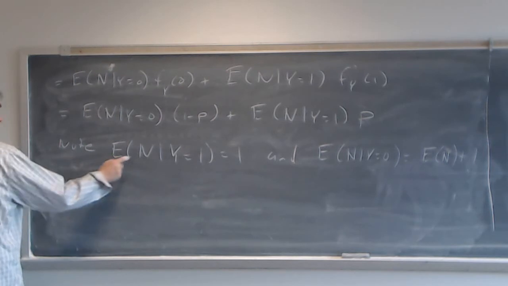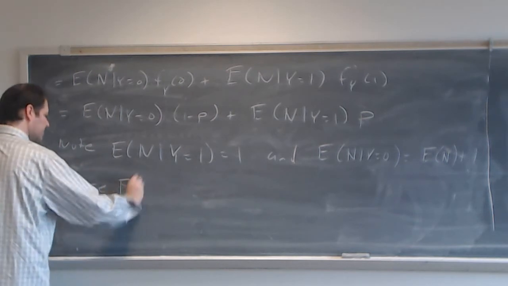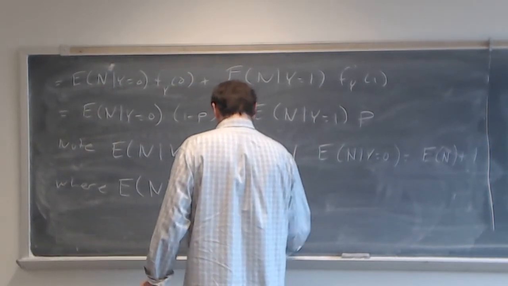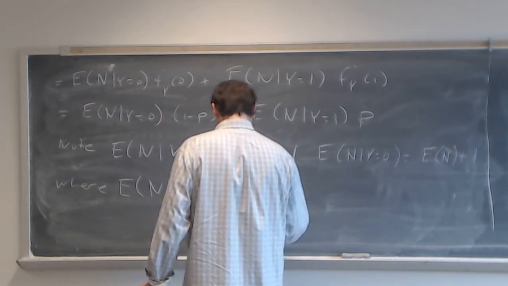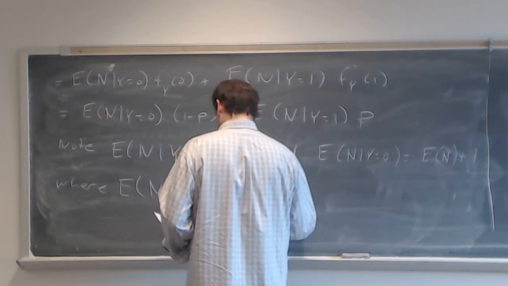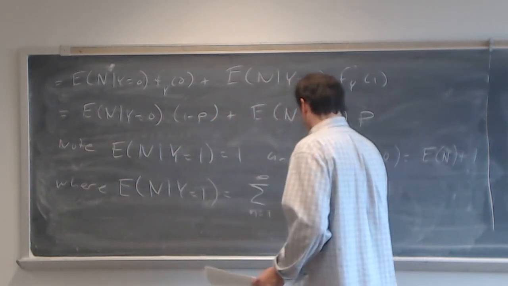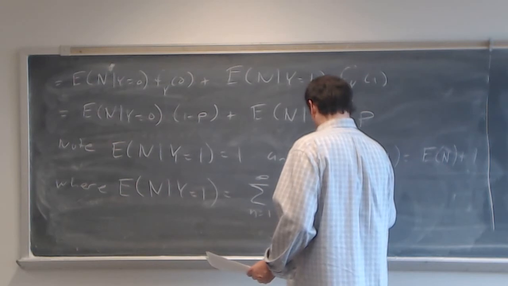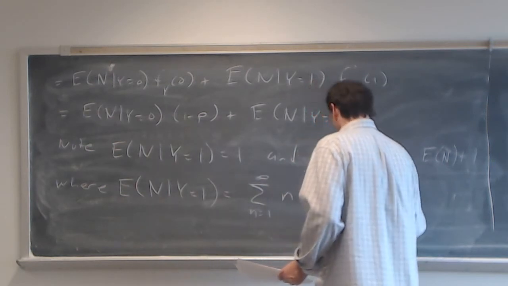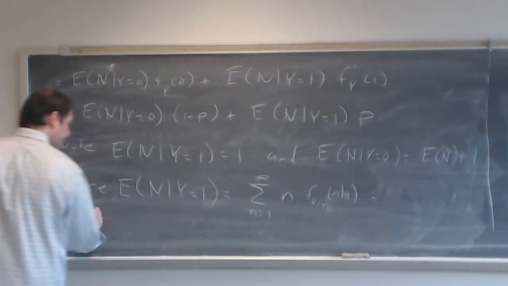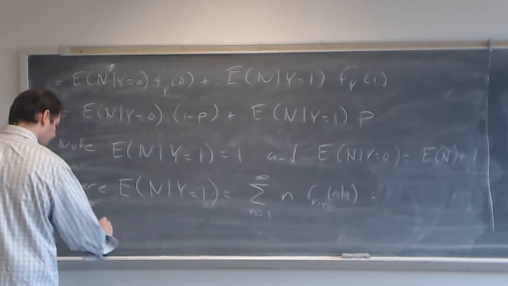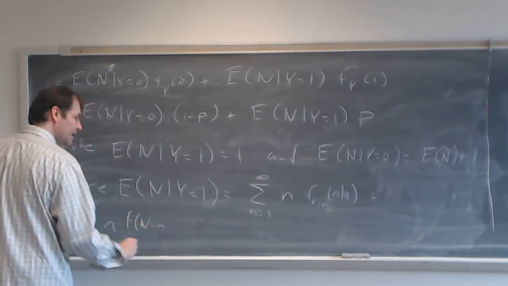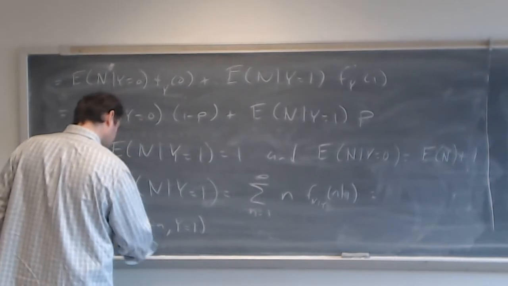Okay, so part 1. This one's the easy one. The conditional expectation of N given Y equals 1 would be the sum over all the n values, so n running from 1 to infinity, of n times f sub N given Y, here N given Y equal to 1, which is equal to the sum as n runs from 1 to infinity of n times f of N equal to little n and Y equal to 1, over